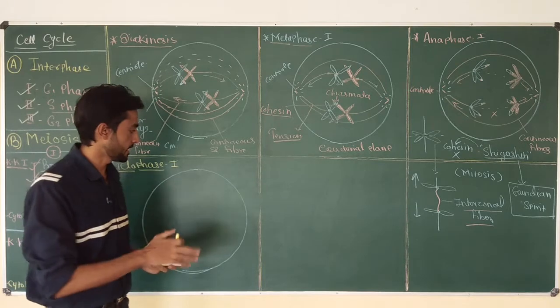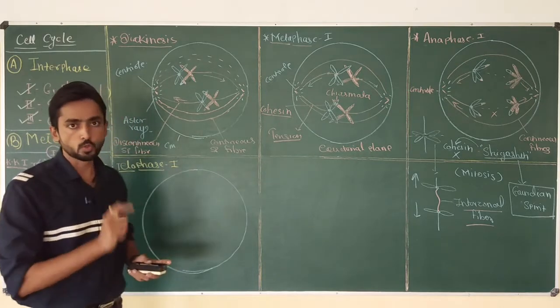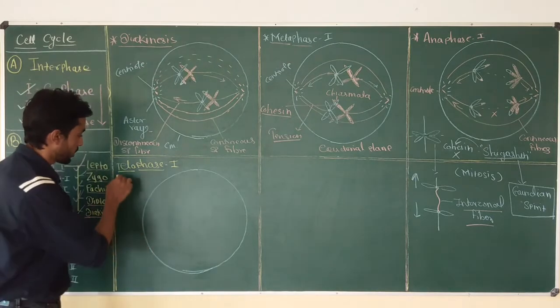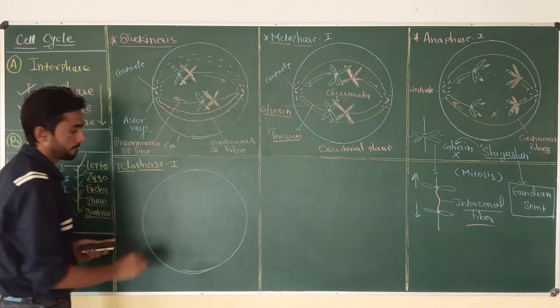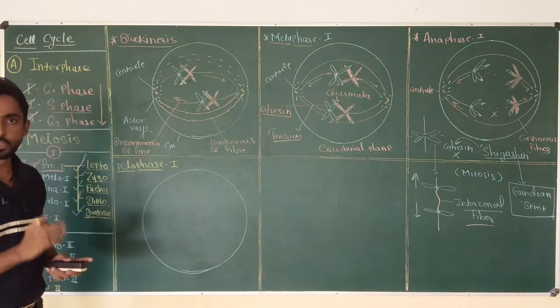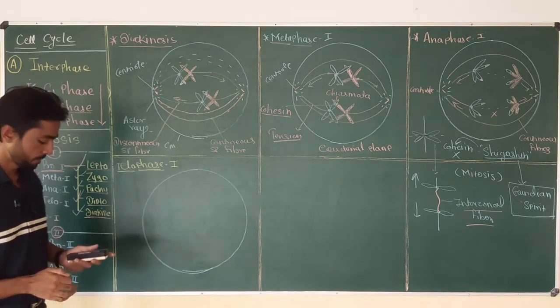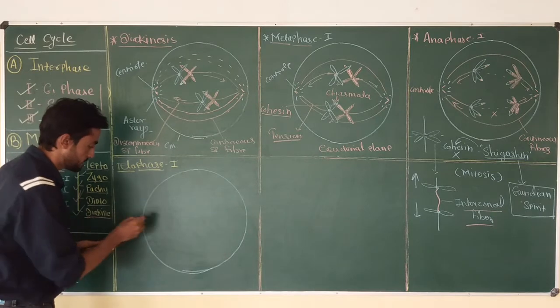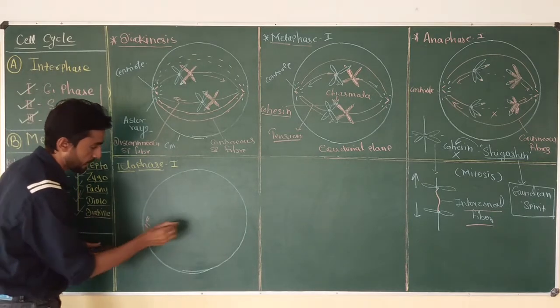After this stage, the cell is going to have two daughter nuclei. Okay, so we are going to see all the types of changes that occur during telophase-I in a typical eukaryotic cell like an animal cell or plant cell. The first thing that happens during telophase-I is the dissociation and disappearance of the